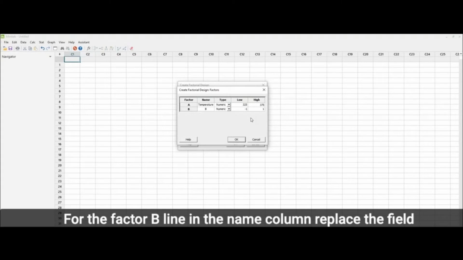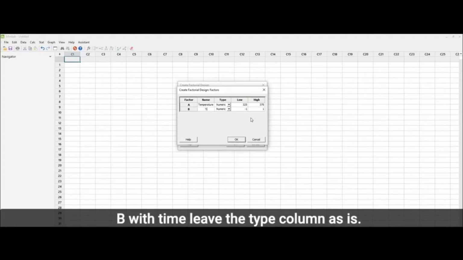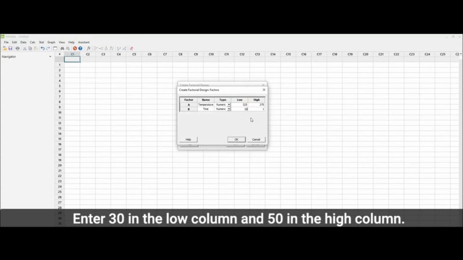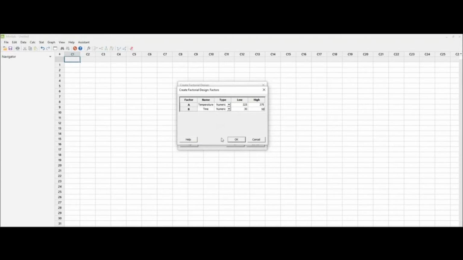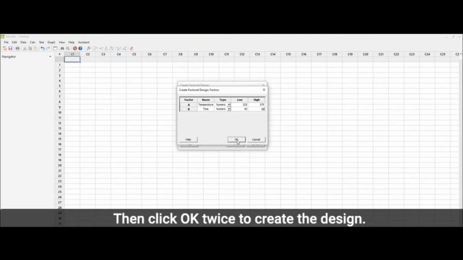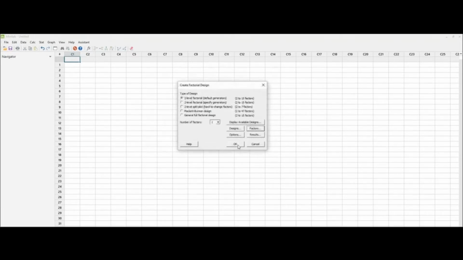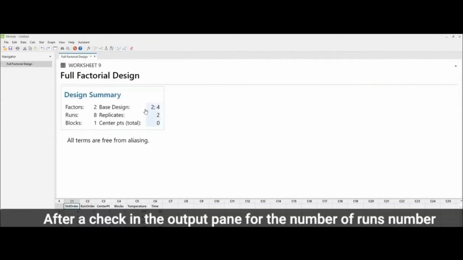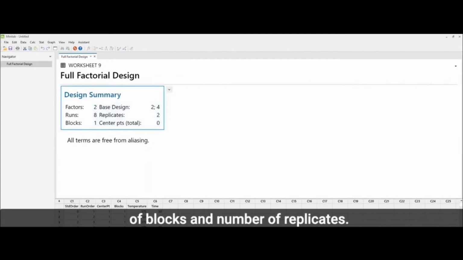For the Factor B line, in the Name column, replace the field B with Time. Leave the Type column as is. Enter 30 in the Low column and 50 in the High column. Then click OK twice to create the design. After a check in the output pane for the number of runs, number of blocks, and number of replicates, go